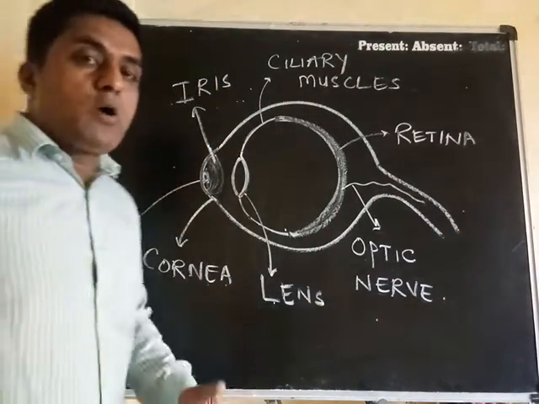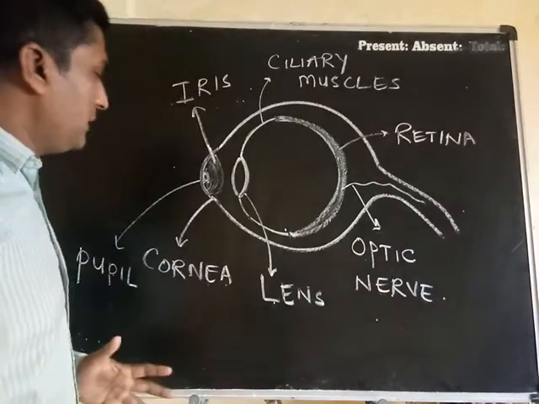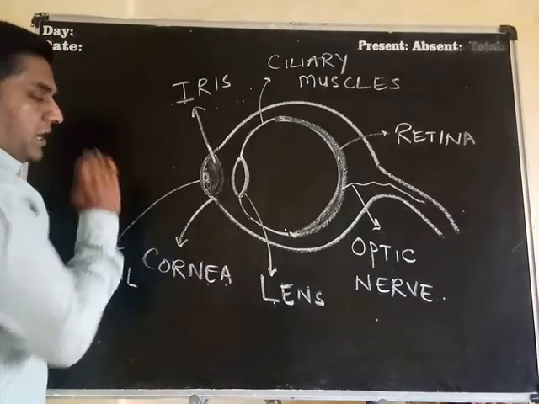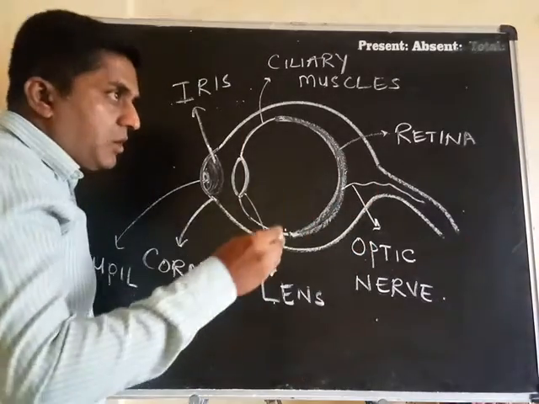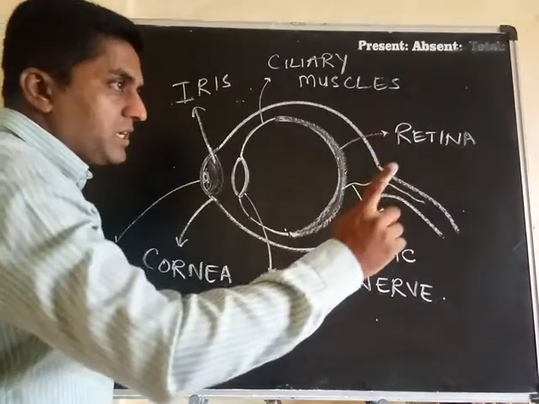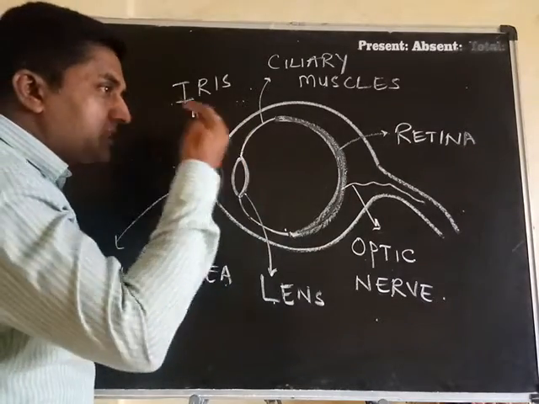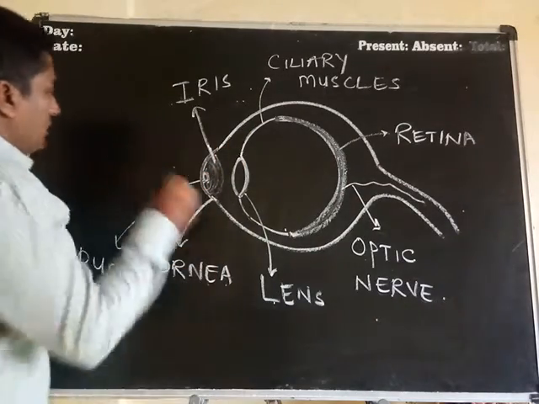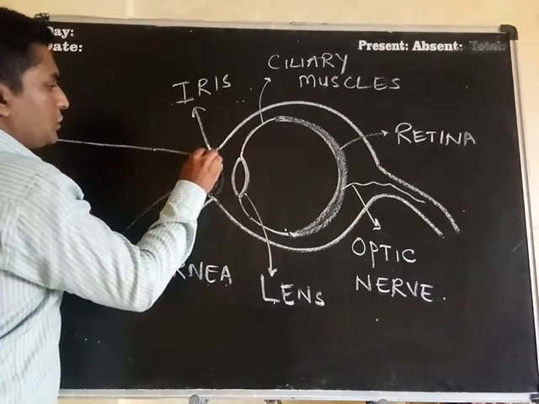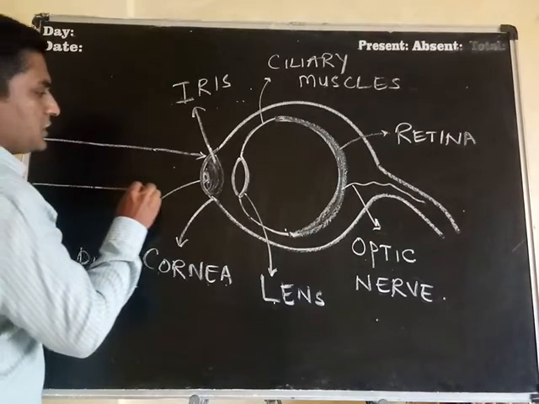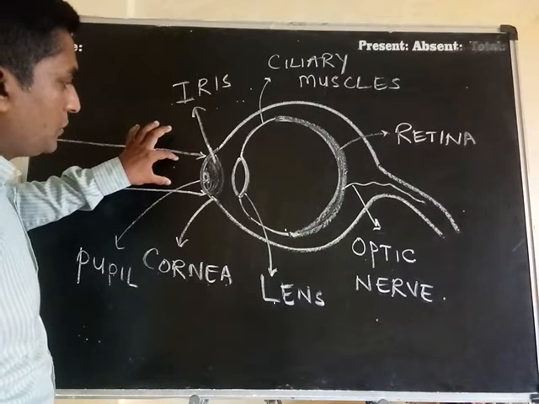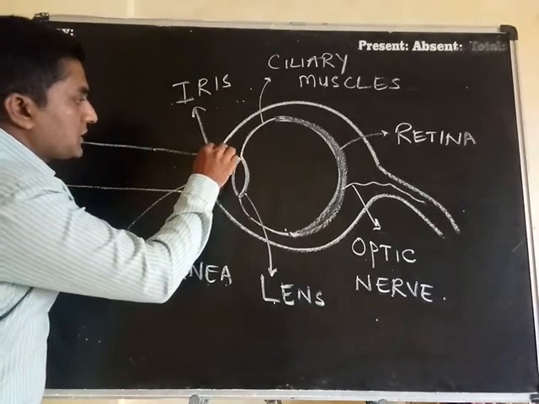Now let us see how our eyes work. Right everybody, first of all, a ray of light falls on the cornea. Whenever we see something, maybe near or very far away from us, the ray of light comes from that object towards our eyes and enters the eyes. But before entering the eyes, let me show it to you here. This is the ray of light. I will show you only two rays of light. This is one ray of light and this is my second ray of light. Two rays of light which have come parallel to each other have come towards the cornea.